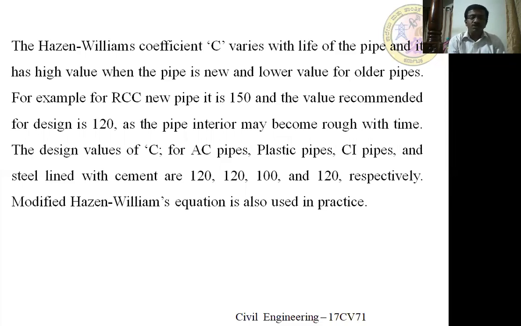Modified Hazen-Williams equation is also used in practice. So, in general, the value of C mainly depends upon the type of materials used, age, roughness, and all these things. If you know the value of C and substitute in the equation, from that it is possible to find out the value of V. Once you find V, Q equals AV. From that, A equals Q by V. It is possible to find out the cross-sectional area, and for a circular section, πd²/4. From that it is possible to find out the size of the sewer pipe required to convey the Q amount of sewage with a velocity of V.